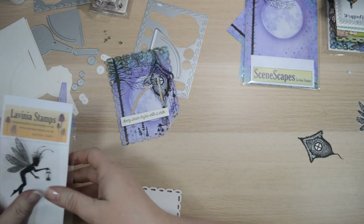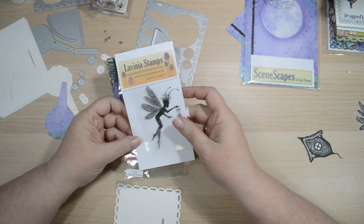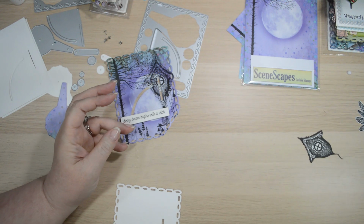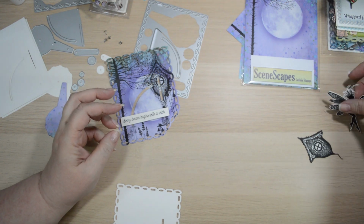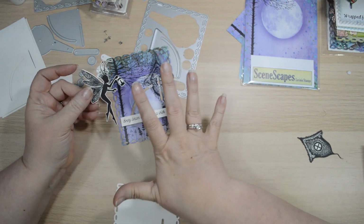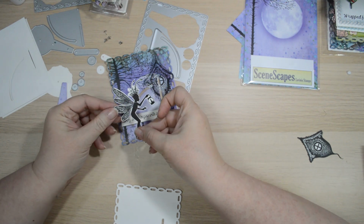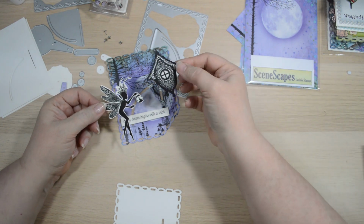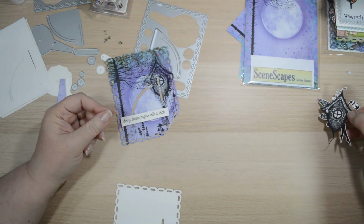And I used, her name is Dragonfly Keepers. This is the fairy that I decided to design with today, and I've already stamped her. This video is for the construction of the actual mechanism of the double dial die, but I have stamped her, Dragonfly Keeper, and I stamped the Fairy Hive, fussy cut them,